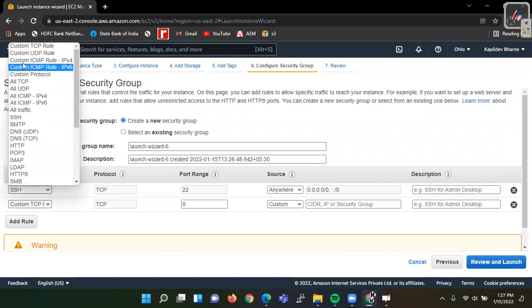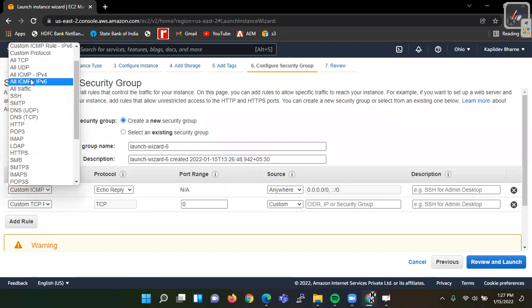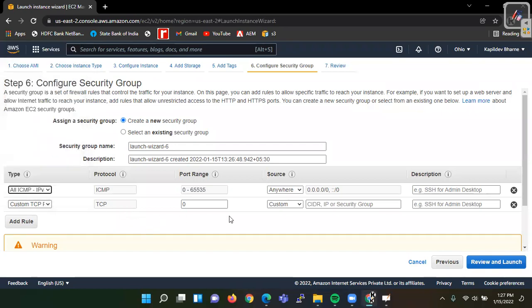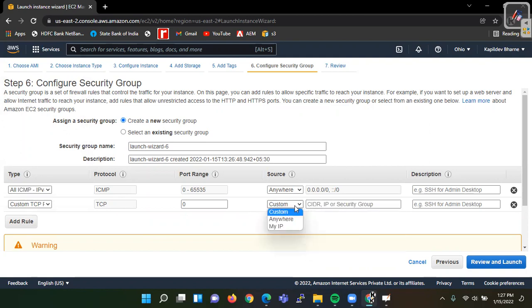In order to access information from the public server to this one, we can have all ICMP. Here we give a custom range, or you can write anywhere also.